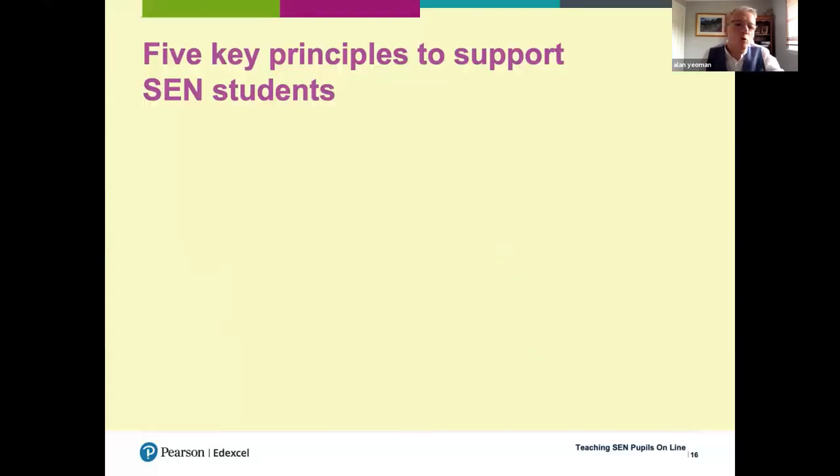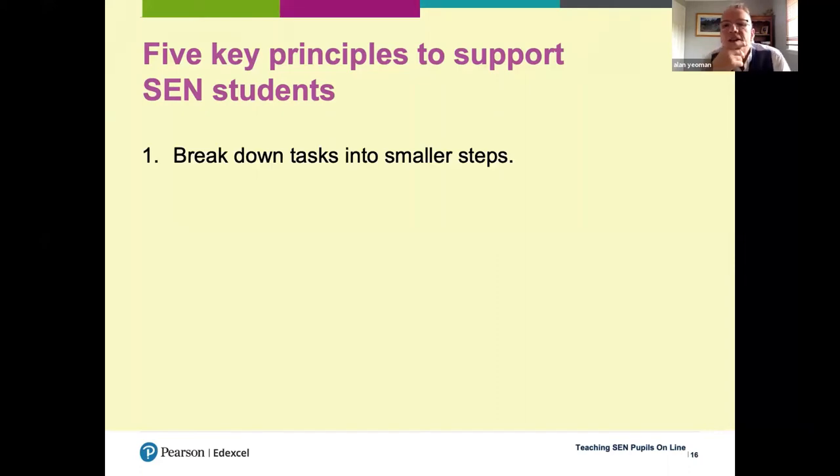So both courses that we have, whether it's the teaching face-to-face or the teaching online, we talk about the 5 key principles, and they're the same for both. It's the same 5 principles. So first of all, we need to think about the lesson, and we need to break it down into small